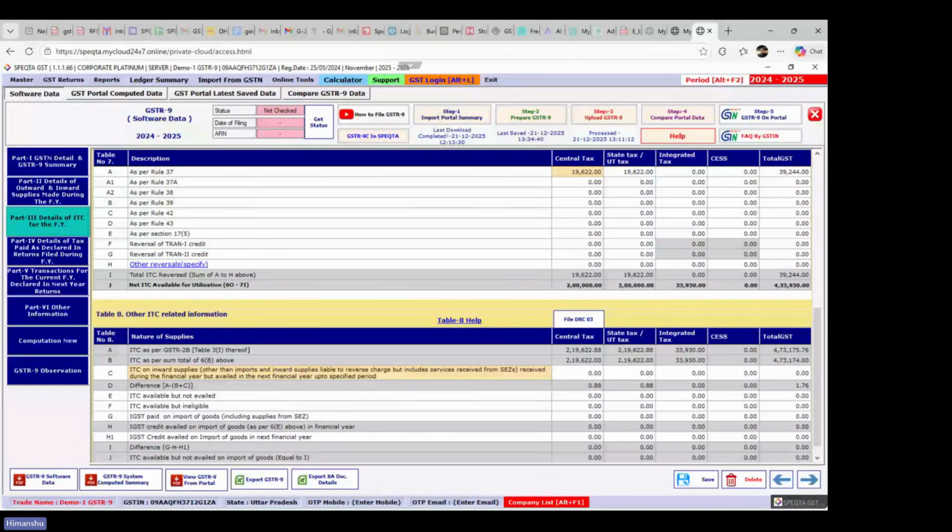If you refer to the provision of section 16 second proviso, it says if ITC is reversed due to non-payment within 180 days, such ITC is required to be claimed when the payment to the party is made. आप जब भी पार्टी को पेमेंट करेंगे आप उसको क्लेम कर सकते हैं, and the time limit of section 16(4) will not be applicable on this reclaim. तो जो 16(4) की टाइम लिमिट है इस पे लागू नहीं होती है।